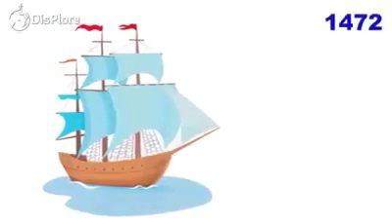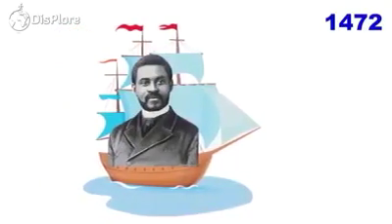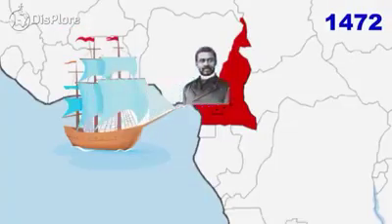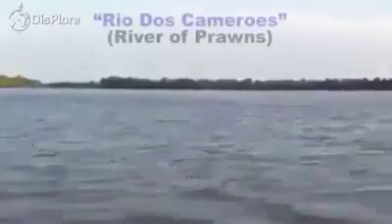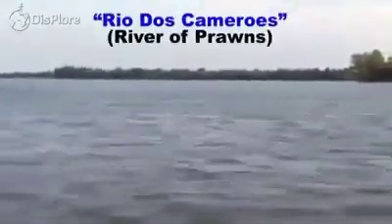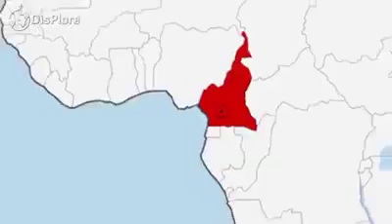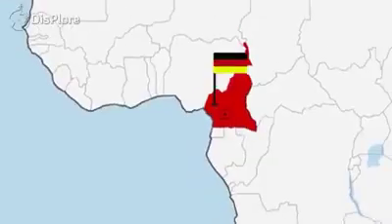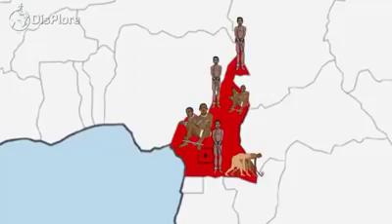In 1472, the first Portuguese explorer, called Fernando Po, stepped foot on the land today known as Cameroon. He realized the river Wouri had lots of shrimp, so he called the area Rio dos Camarões, meaning river of prawns. Until 1884, when Germany colonized the area, Cameroon was one of the countries that was greatly impacted by the